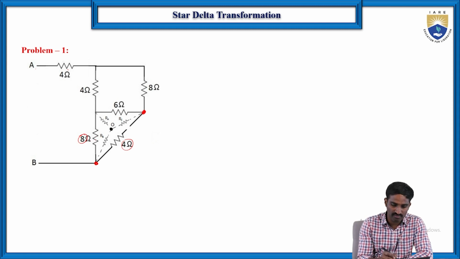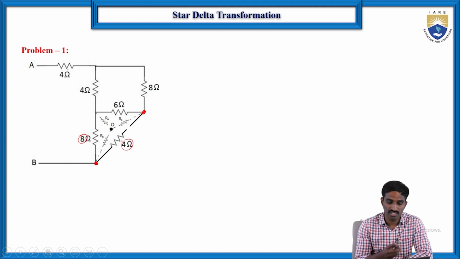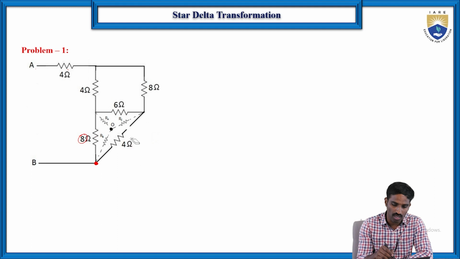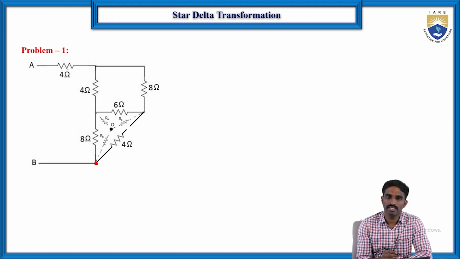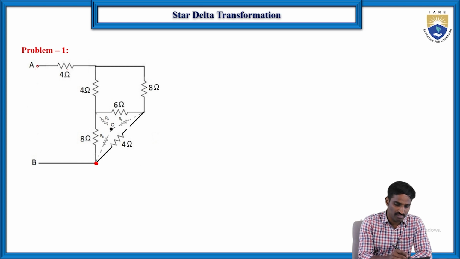Suppose, of course, here A and B are having only one common node, but if you just make it a series, then you are going to eliminate this point. Because here we need to find the resistance in between these two points only, that's why we should not eliminate this point. So we can't treat these two as in series. Then in this case, how do we reduce the network